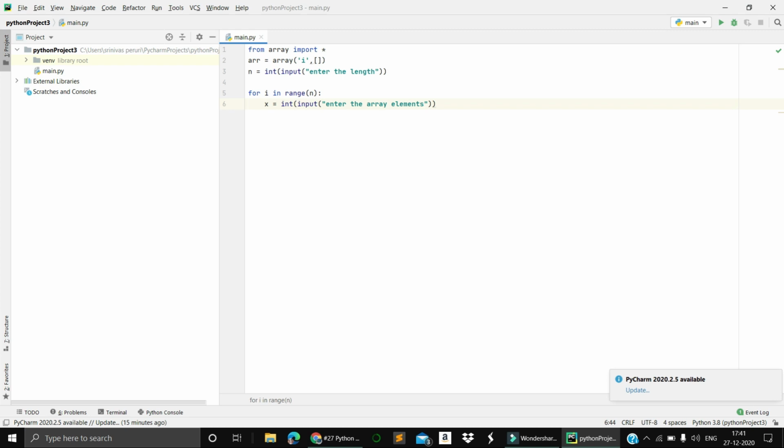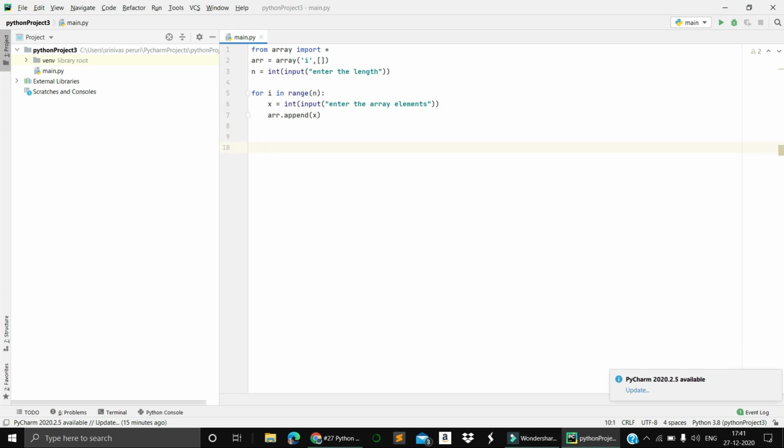Whatever elements we enter, we need to append, right? It means we need to store it into this array. For that, we have one element called array dot append. Array dot append x. This will give you the array elements.